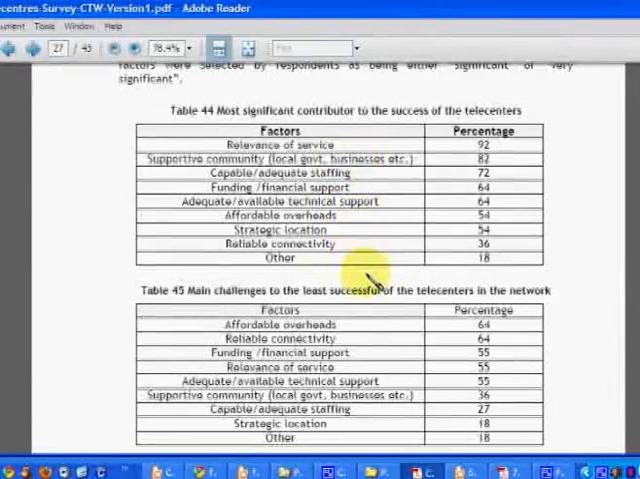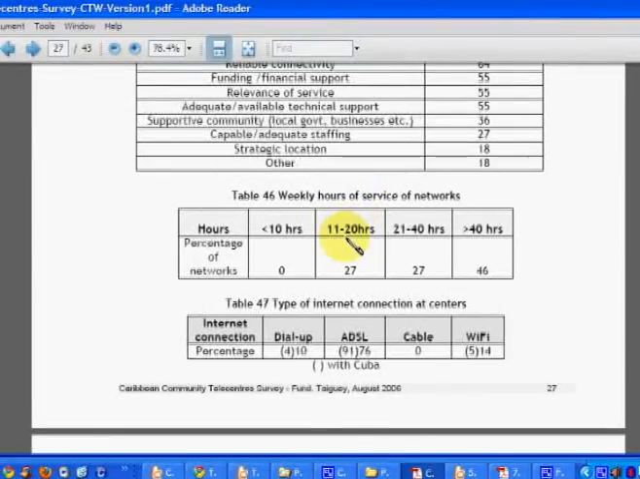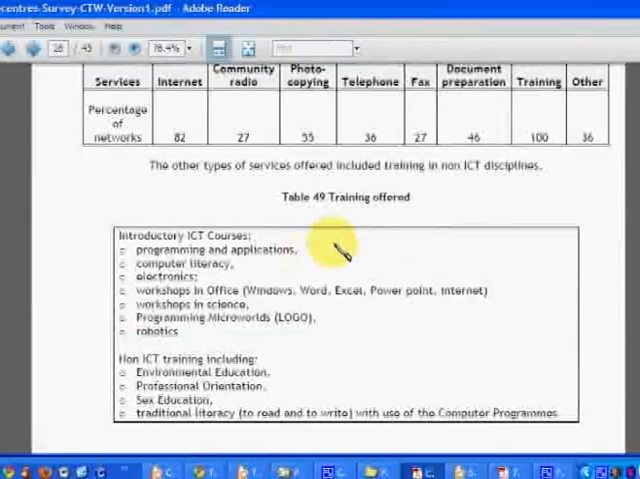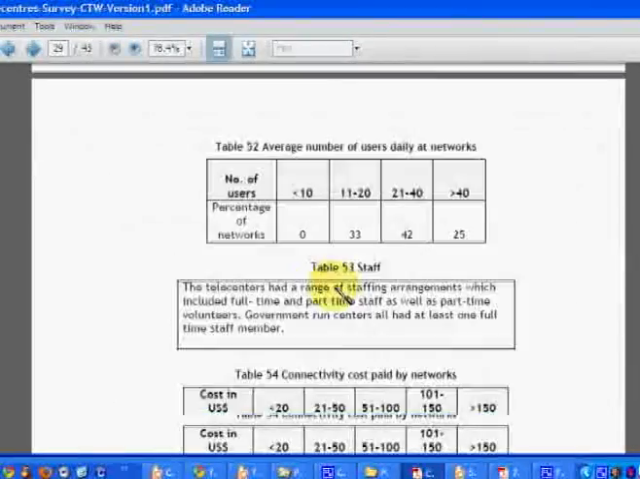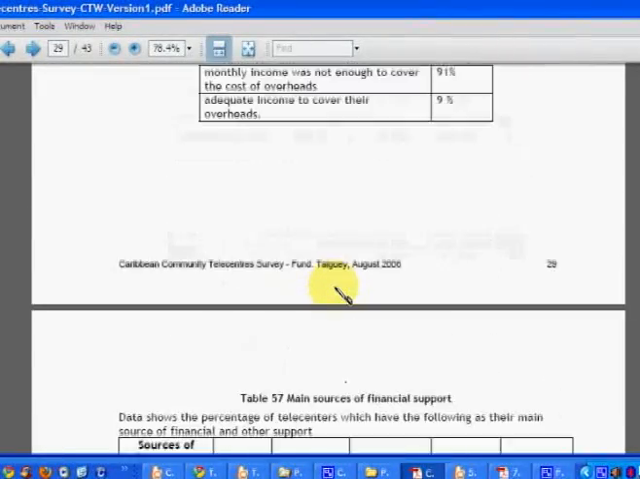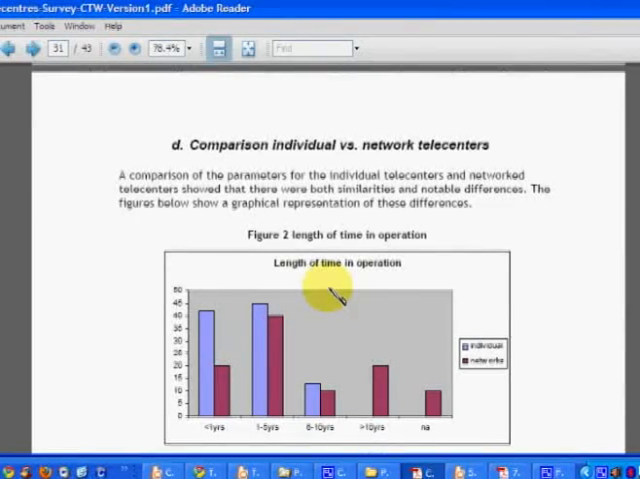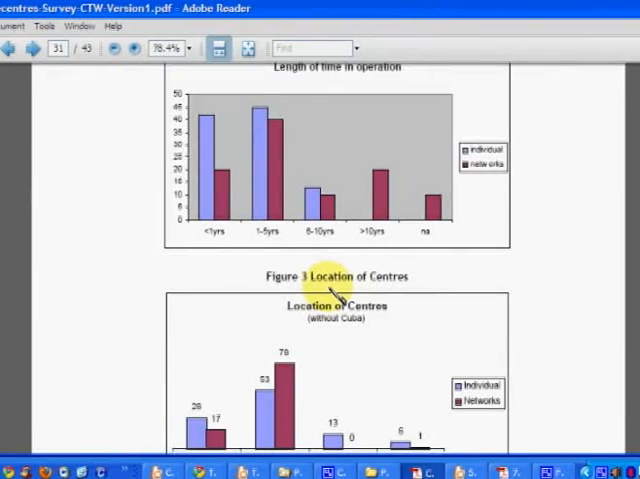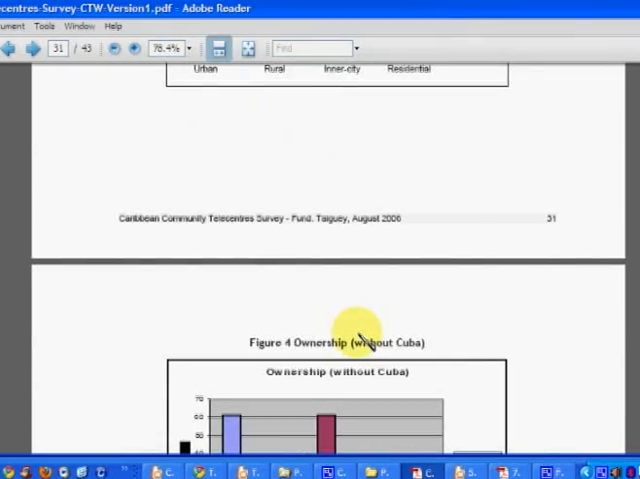Based on their questionnaires, what were the main challenges that those telecenters faced? Weekly hours of service of networks, the types of training they offered. Okay, so lessons learned again, and they've compared individual versus network telecenters. So there's a good mix here in terms of presenting the results. There's a lot of text-based reporting of results, as well as graphical representation, like what we have, graphs here,